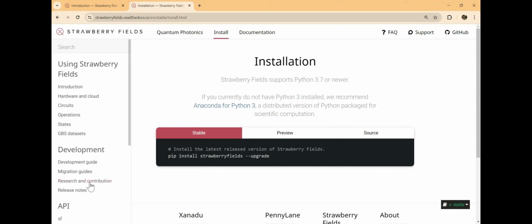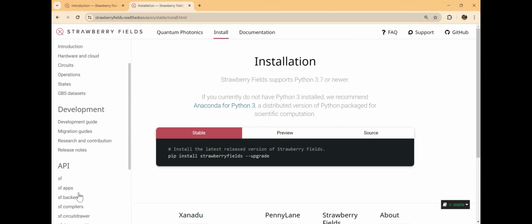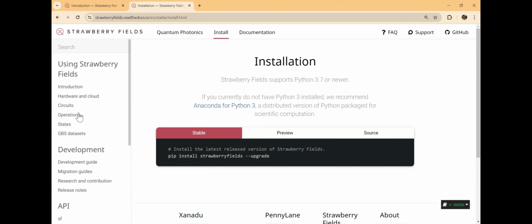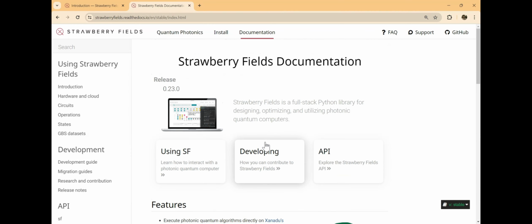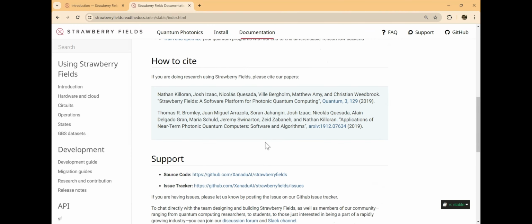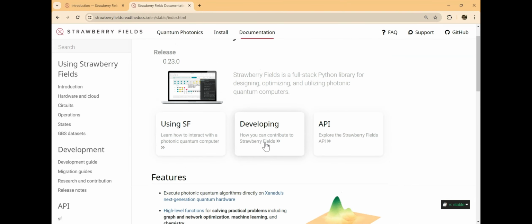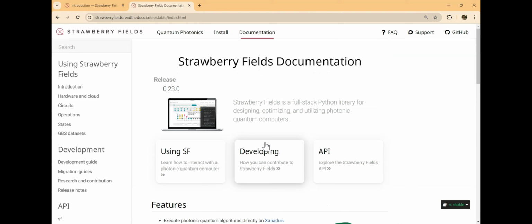Now you can find the documentation on the left hand side, and it gives you a very good overview of the platform. Yeah, you can just have a look over here. Now there are ways in which you can simulate or give your command to the actual quantum hardware. We will learn how to use that